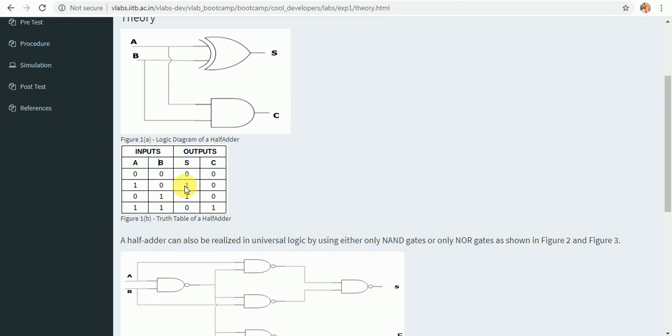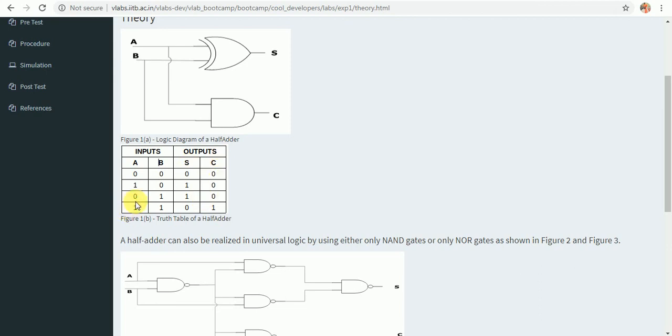Here, to get the values for this output variable, you need to apply the binary addition rule. According to the binary addition rule, if A equal to 0, B equal to 0, then sum equal to 0, cout equal to 0. If A equal to 1, B equal to 0, then sum equal to 1 and cout equal to 0.